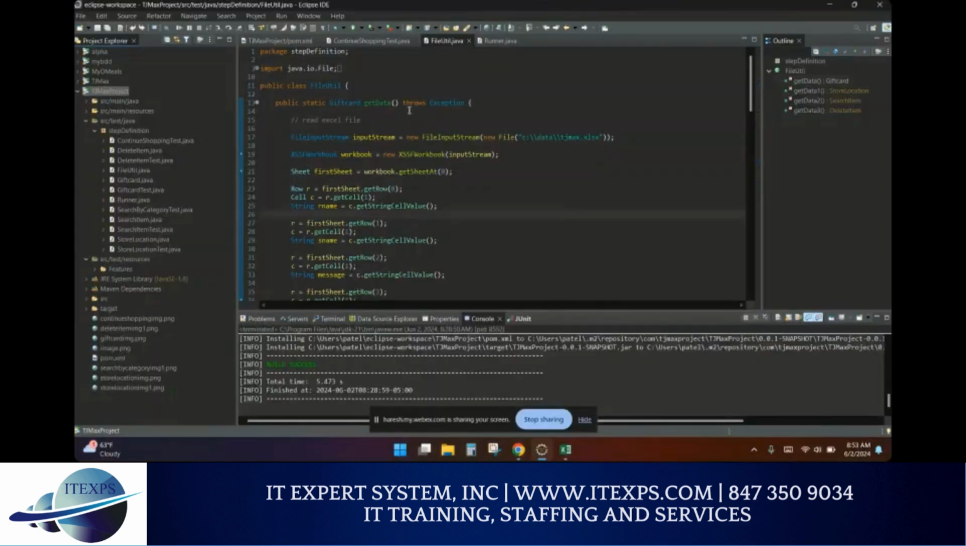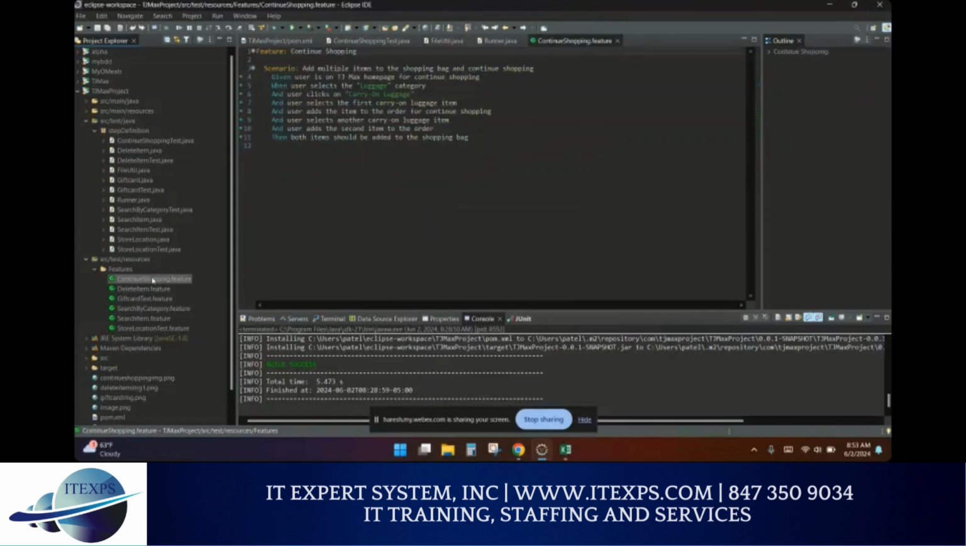We have created our BDD approach in Eclipse. So here we have created different test classes, and based on the user stories, we have created different features, and in each feature we have a scenario based on the user stories. And let me show my